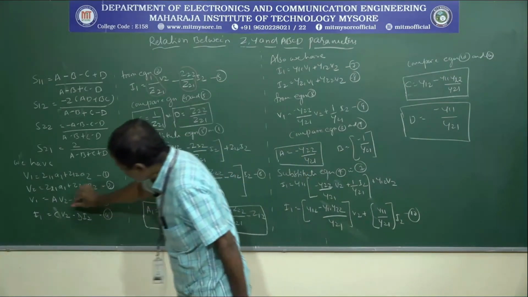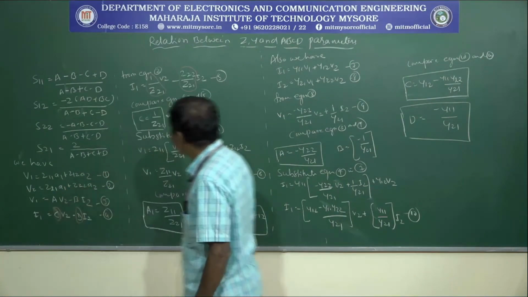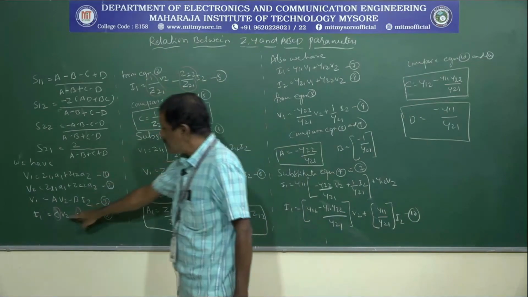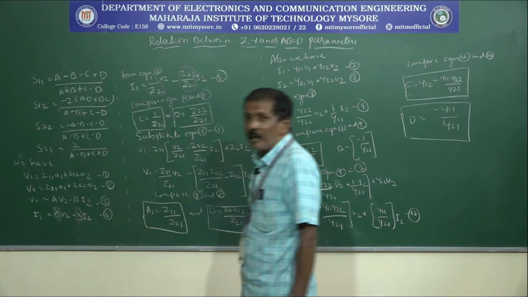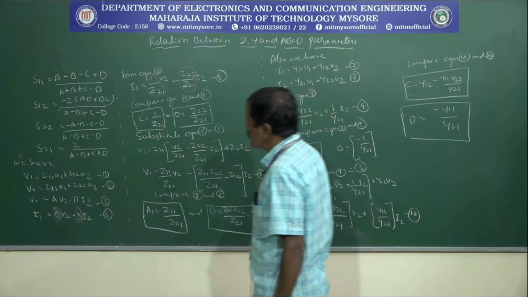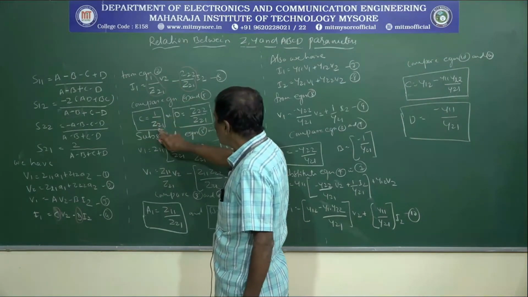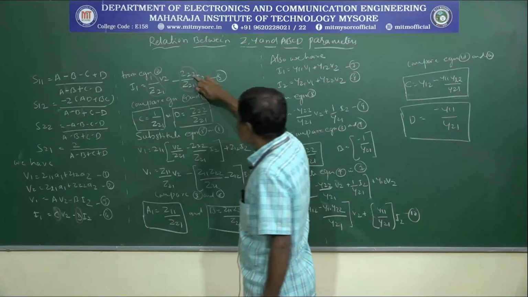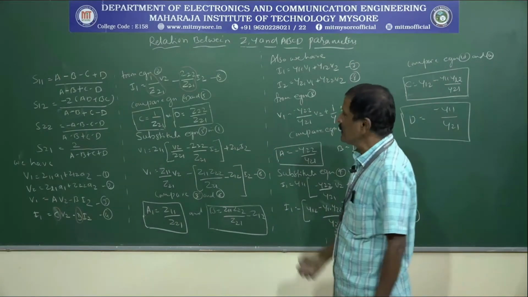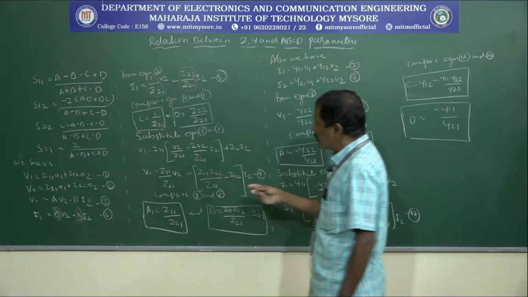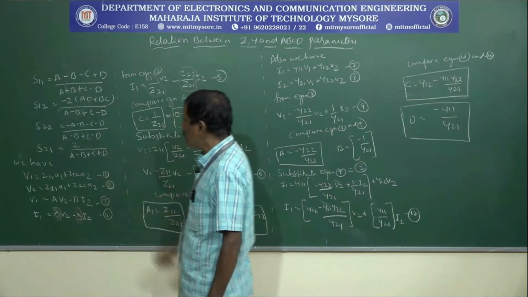Now in equation number 4, here you are having C and here you are having D, because here also V2 is there and here also V2 is there, here also I2 is there and here also I2 is there. So therefore now I can write C equal to 1 by Z21 and D equal to Z22 divided by Z21. Next, substitute equation number 5 in equation number 1.